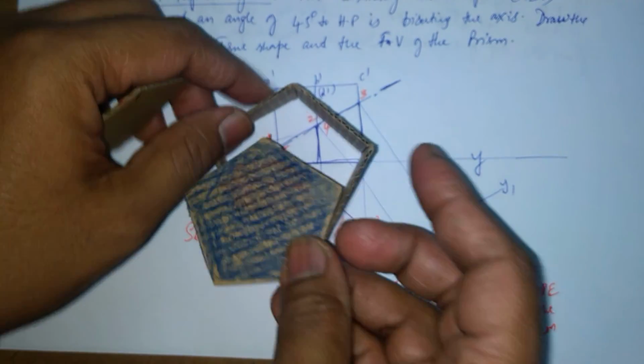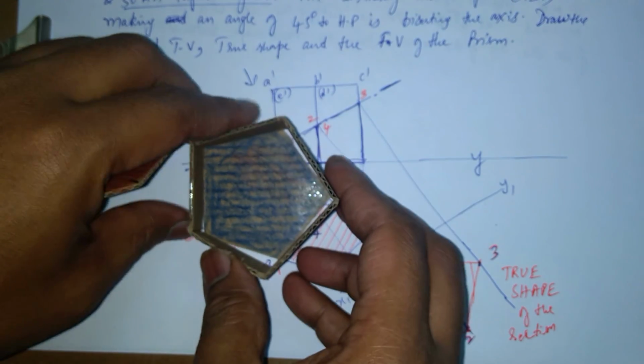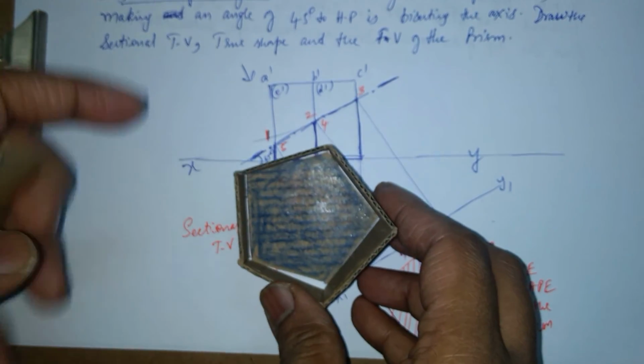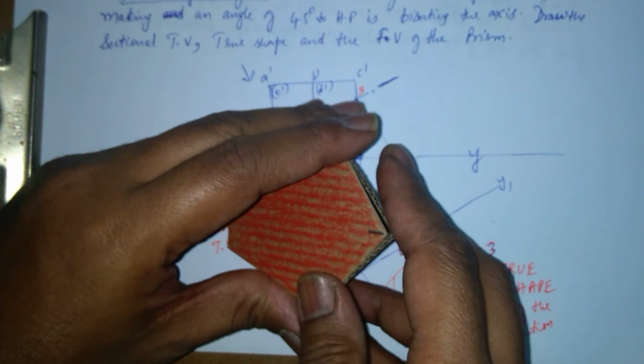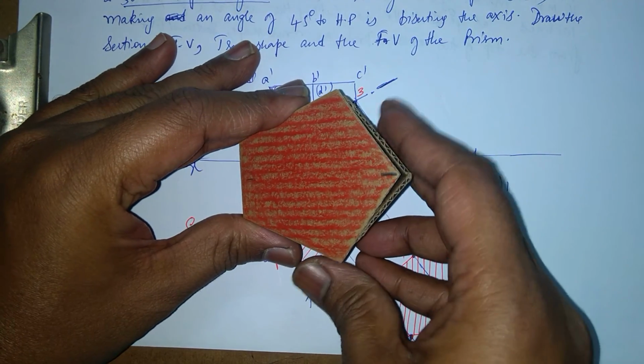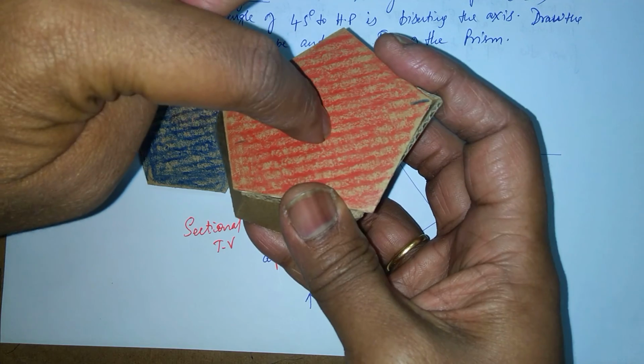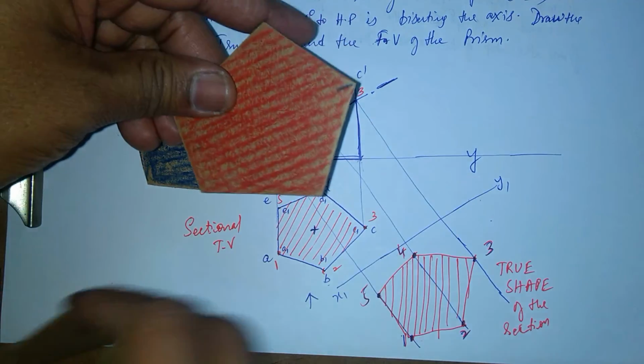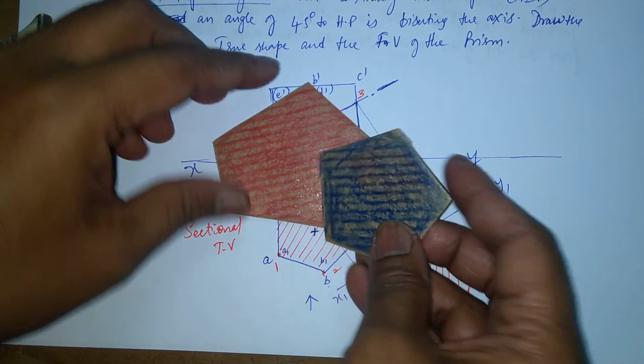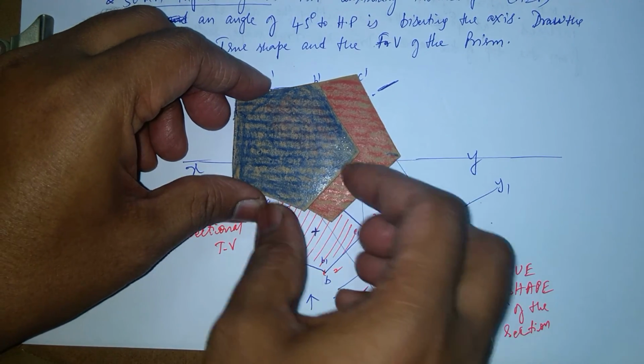This is the actual shape. So this is the projection of the actual shape, the top view. But actually this is what you see as a true shape. True shape is seen like this when I'm viewing perpendicular to this one. So now if I compare the true shape and the actual shape, this is the actual shape, this is the true shape. Now I see a smaller shape.